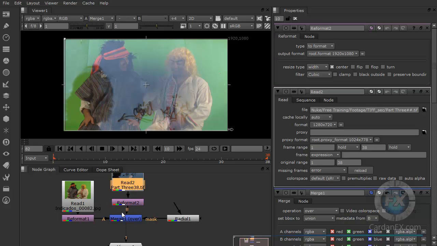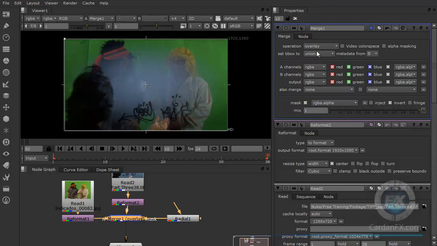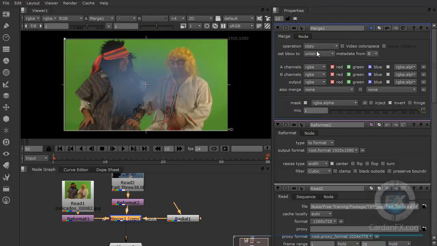And I'm going to take the merge, and I'm going to change the type of merging operation that we have here. So instead of over, probably we will go to overlay. No, let me change that to, could be copy. Okay, so that is going to give me, with the radial, what I'm going to do is show you the